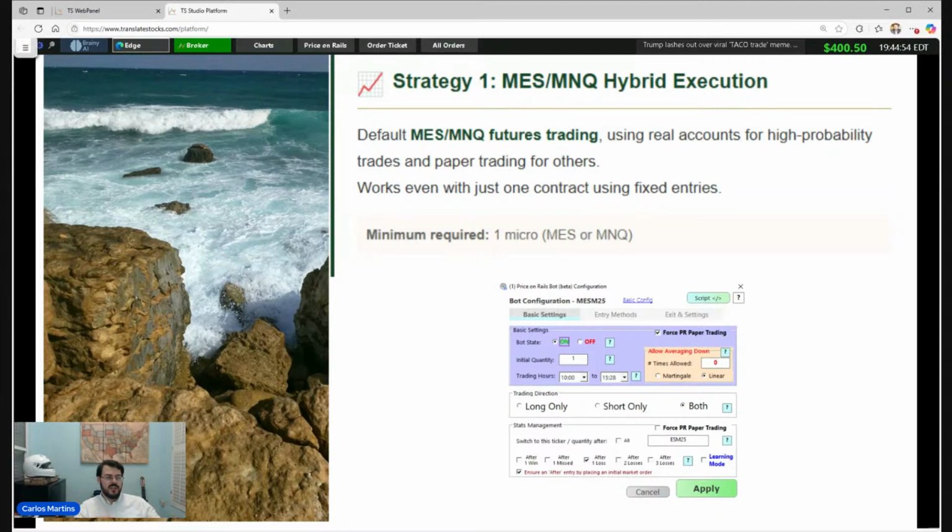Translating that to English, we are going to paper trade the regular trades, and after one loss, because we have a very good bias after one loss, this system switches to the real account and then trades that specific trade in the real account. After that trade, it comes back to the paper trading account. It runs smoothly, it runs automatically. You don't need to do anything during the trades, and you don't need to stop the agent, it takes care of itself, unless you have a problem with your broker account or your brokerage account.